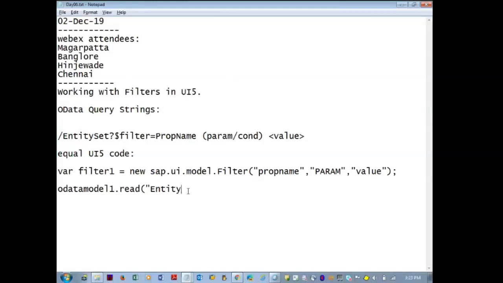Hello. So entity set, and if you remember, this is the signature of our read method. We had success, and I'm putting some dots here, error. This is a signature which you already had in the previous week. Now here you have to have the filters: filter 1, filter 2, and so on. You should use the filters here.